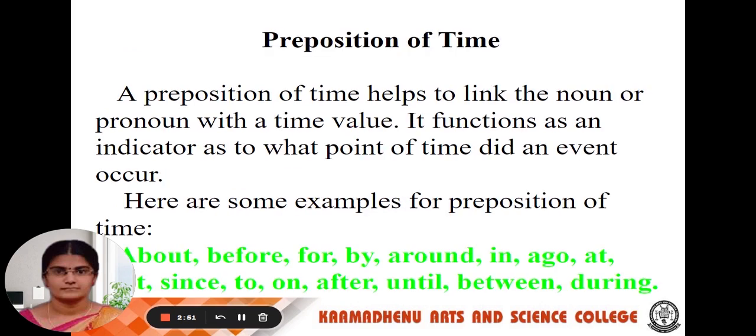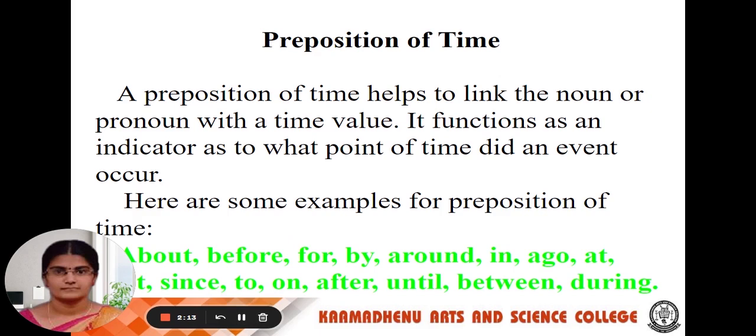Next, we see about prepositions of time. A preposition of time helps to link the noun or pronoun with the time value. So, if it is described related to time, it is called a preposition of time. It functions as an indicator as to at what point of time an event occurred. So, examples are about, before, for, by, around, in, ago, at, since, to, on. These are the